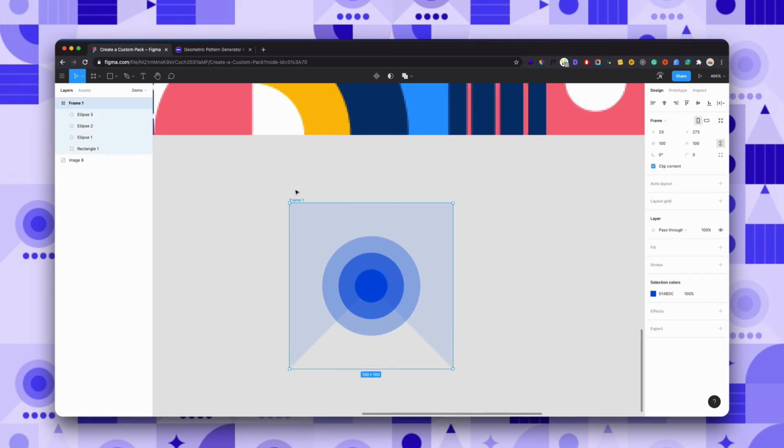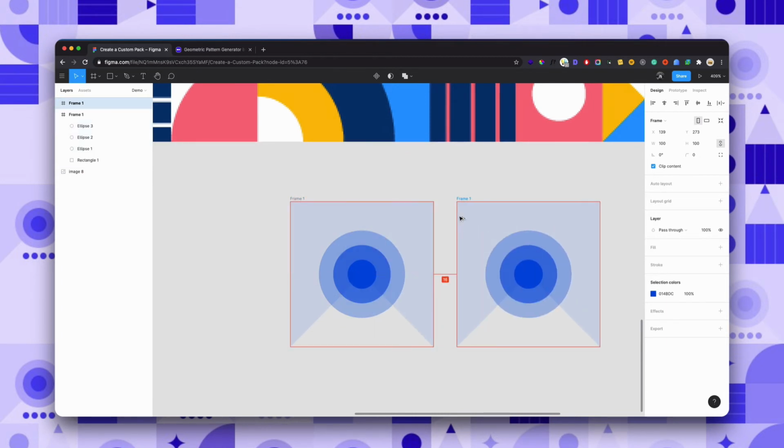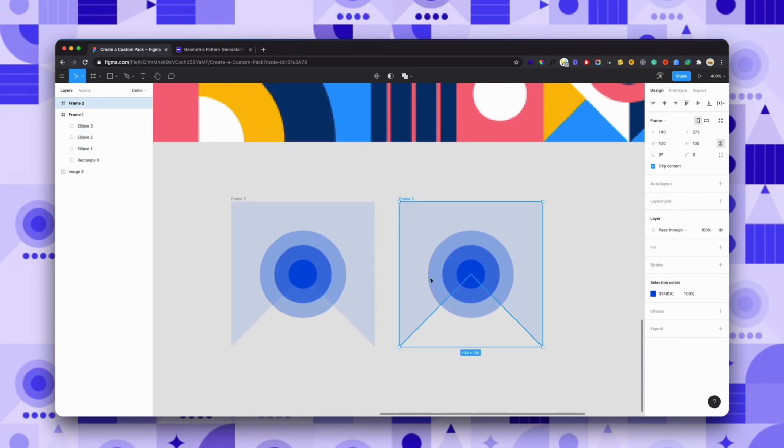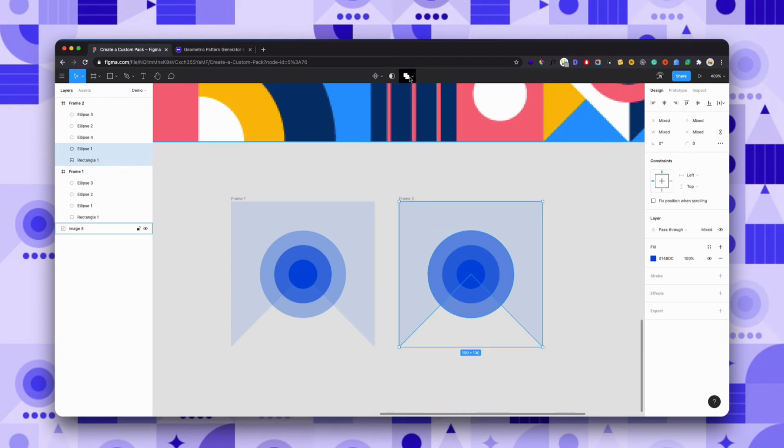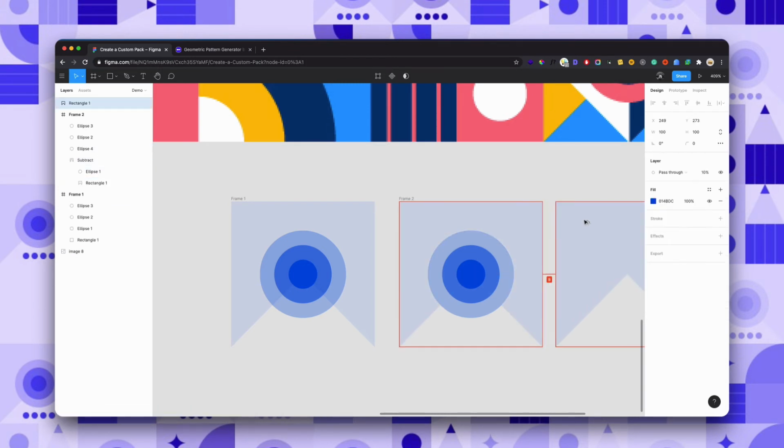So in order to solve this issue, you're gonna create a separate frame to show you the difference after. We are gonna duplicate the outer circle and subtract it from the background shape. To do that, we're gonna use this menu over here and click the subtract selection option. And now the background is this one,